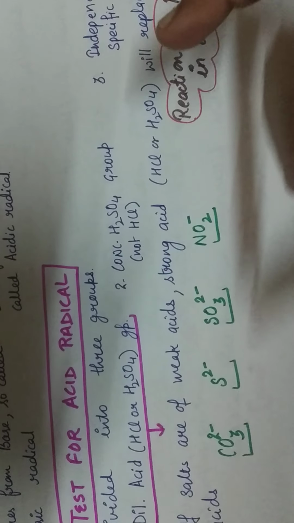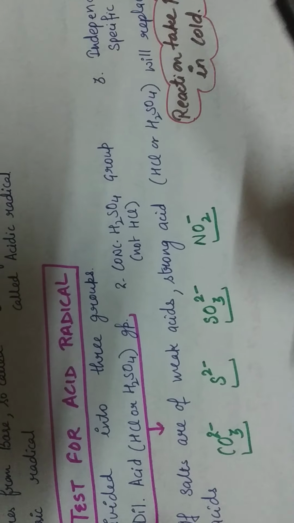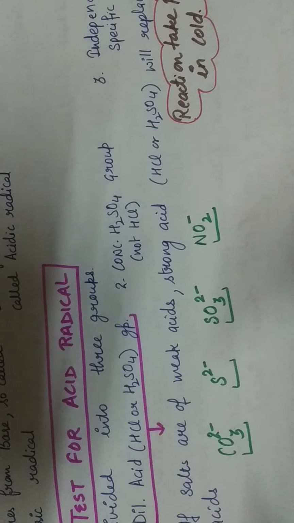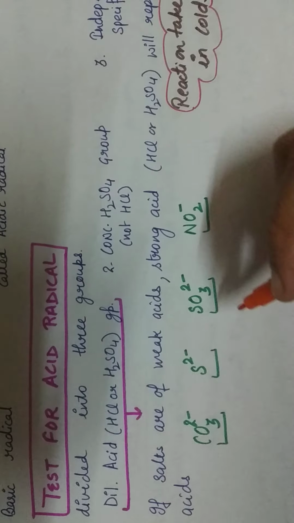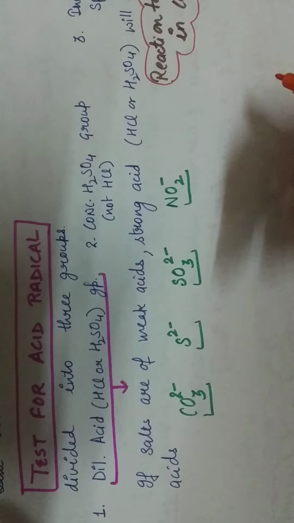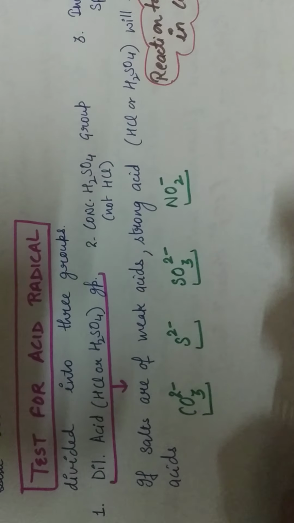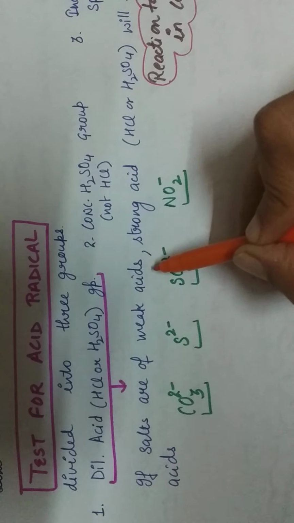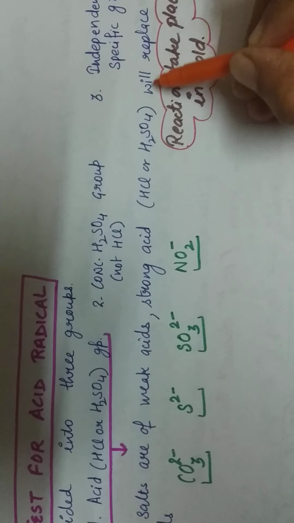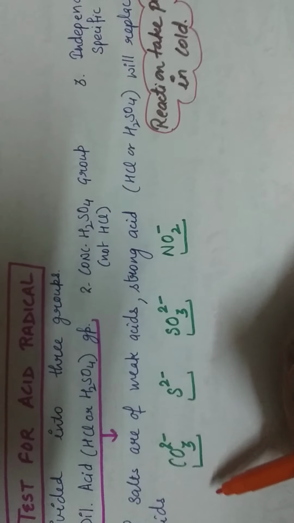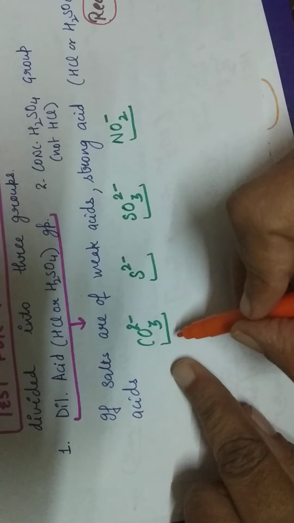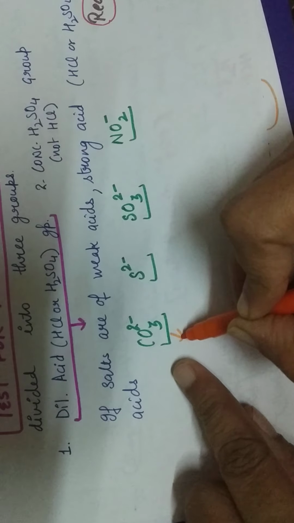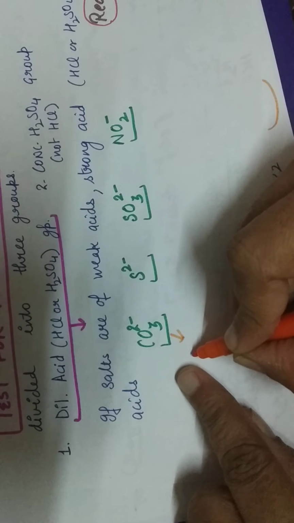Now in this video I will mainly discuss the first group, that is, the dilute H2SO4 or HCl group. Now if salts are of weak acids, as you know there are three types of salts: they can be acidic salts, basic salts, or neutral salts. So if salts are of weak acids, then strong acids HCl or H2SO4 will replace these weak acids. Now if CO3 2 negative is there, the acid that it can form on hydrolysis is